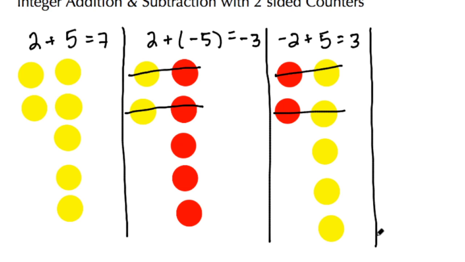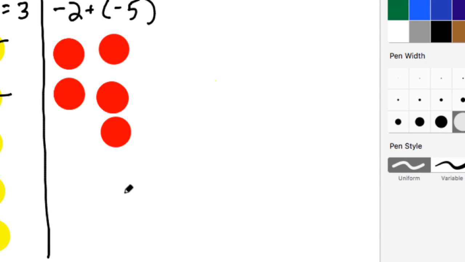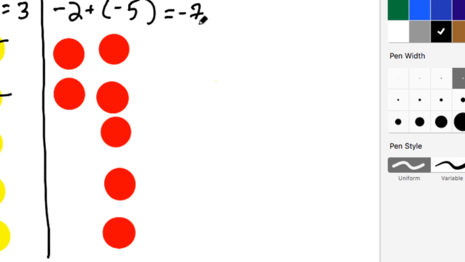All right, let's do another addition problem. Let's do negative 2 plus negative 5. So here we're going to begin with two negatives. 1, 2, and then I'm saying combine negative 5. We're already red, so we're going to grab 5 negatives. 1, 2, 3, 4, 5. They're all the same color. There's nothing to actually cancel out. So I see that altogether I have 7 of them. The color is red, so it has to be a negative 7. So here's our negative 7.